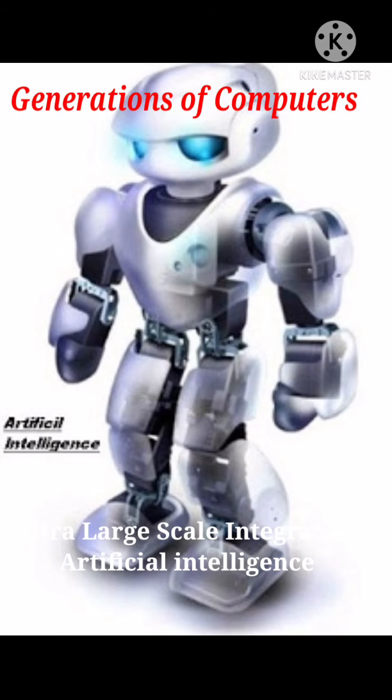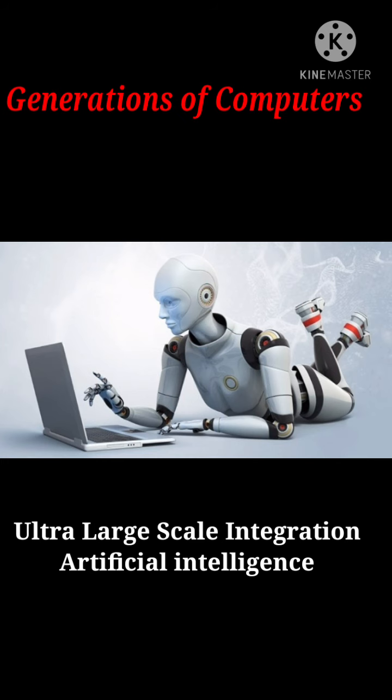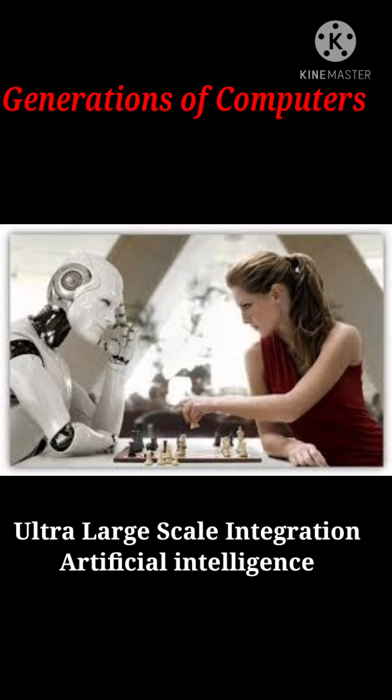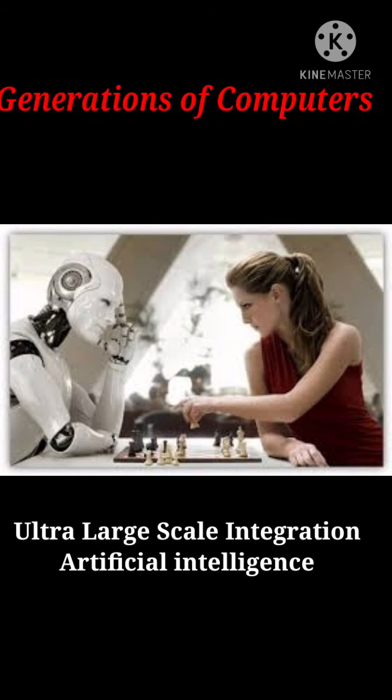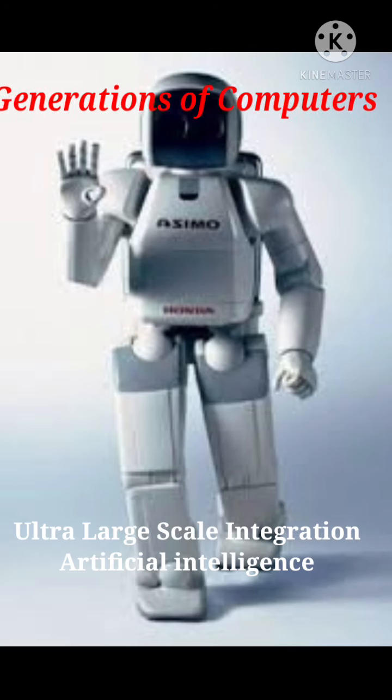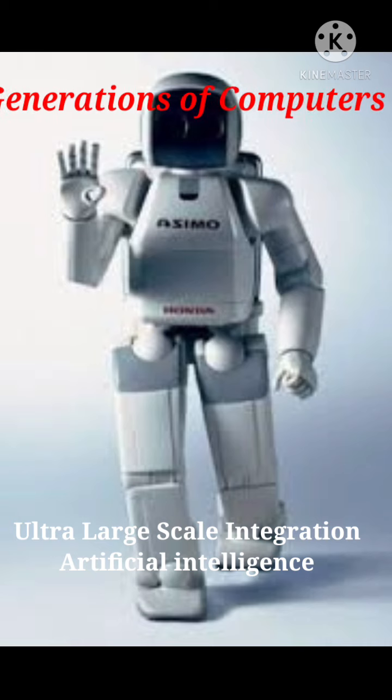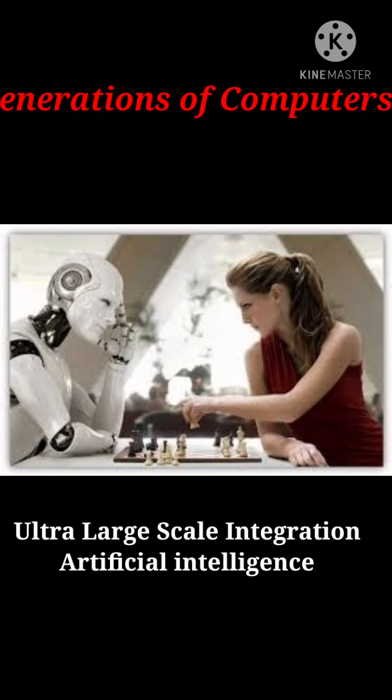It means that the computers are designed in such a way that they would be able to speak, listen, and even think. They can perform almost all the functions of a human being. The other concept to be remembered is the expert system. In this concept, the ideas of a specialist in every field are stored in the computer, so that the computer can answer in the same way as the specialist. Languages like Java, C, and C++ are used in this generation.